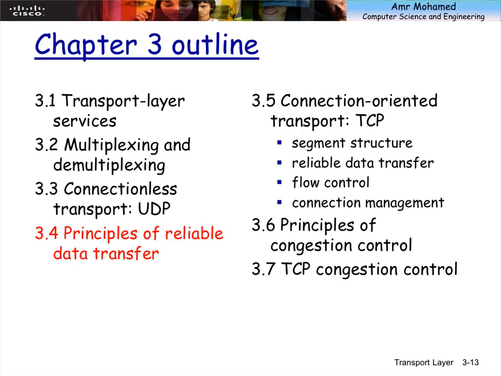Bismillah ar-Rahman ar-Rahim. So we started last time talking about chapter 3, the transport layer. We talked about the main functionality of the transport layer, the fact that it establishes an end-to-end communication between two endpoints, two application endpoints, whether this is peer-to-peer or client and server and so on. We also talked about multiplexing and demultiplexing, for the case of connection-oriented or connectionless.